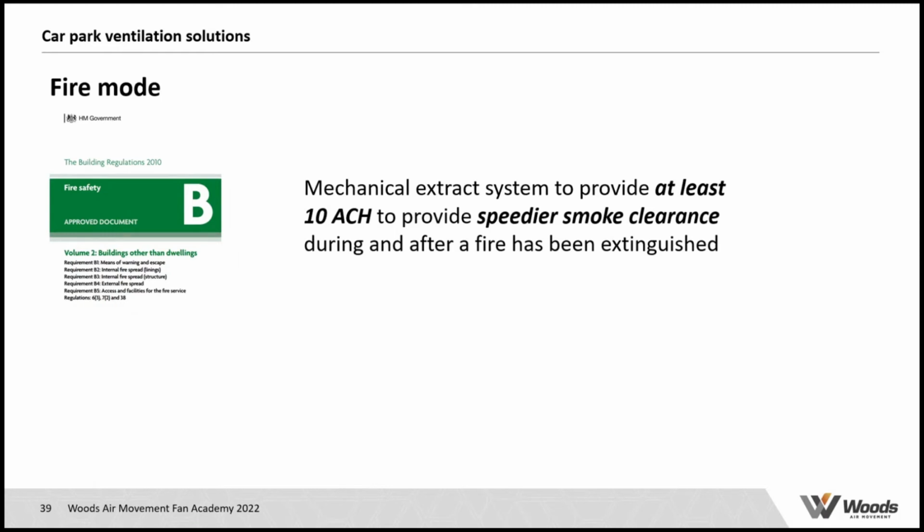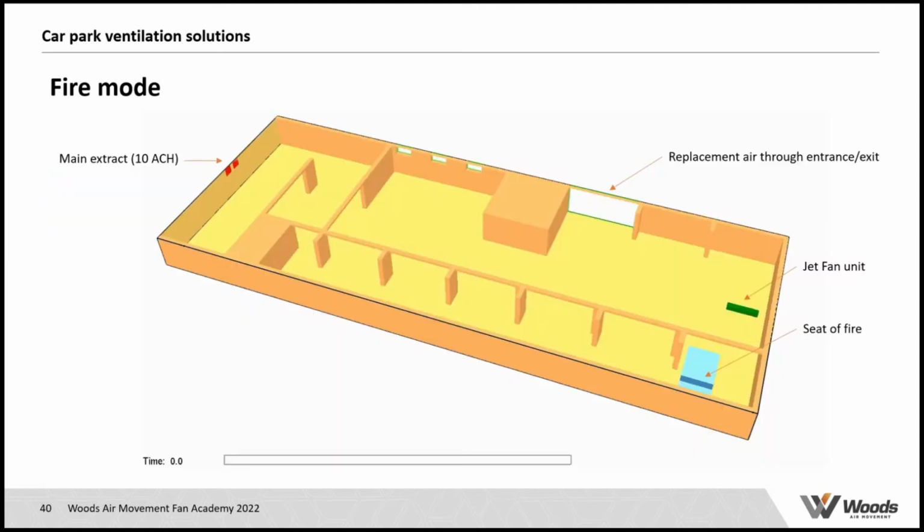So it's purely a system, basically like the 6 air change system for CO mode. It's a system to clear the smoke after the fire has been extinguished. So it's not providing any tenable conditions for the public in terms of an extended evacuation period, or improved conditions for firefighters in a car park. This is just considered to be a ventilation system to clear smoke. And just to give you an understanding